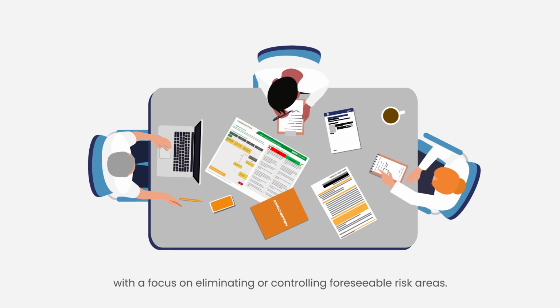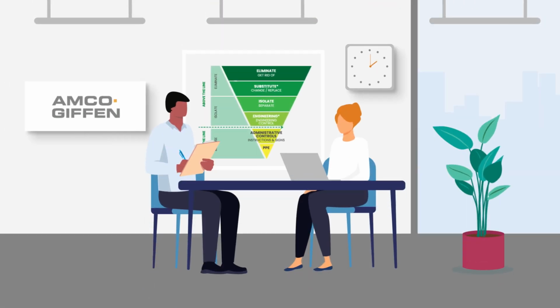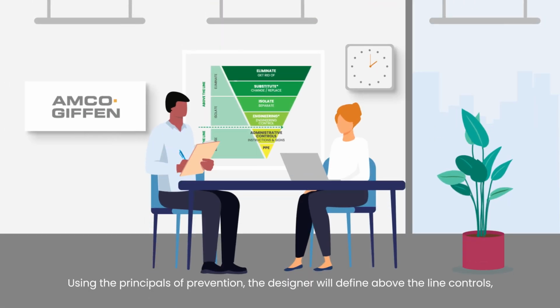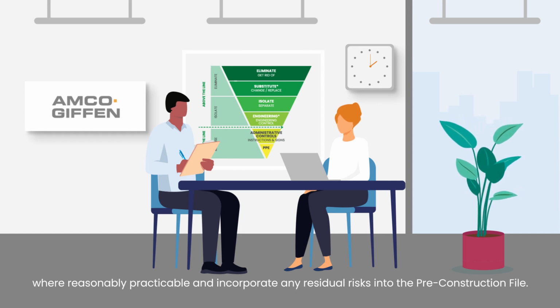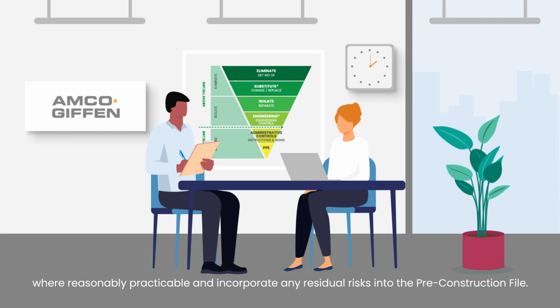During the pre-construction phase of a project, the designer will plan, manage and coordinate utility health and safety risks, with a focus on eliminating or controlling foreseeable risk areas. Using the principles of prevention, the designer will define above-the-line controls where reasonably practicable and incorporate any residual risks into